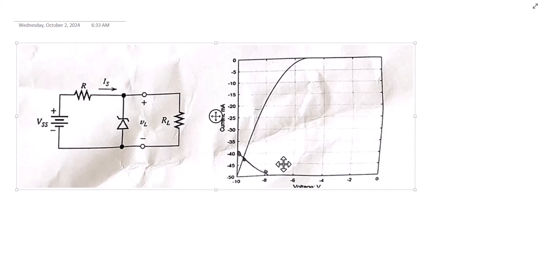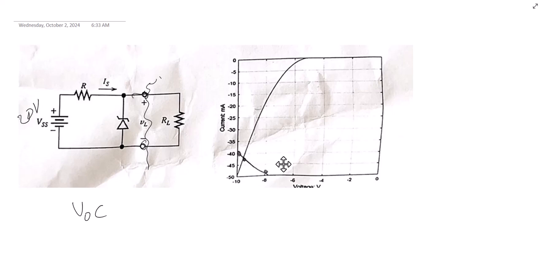So the way I would take the Thevenin equivalent is usually that you break it off at the terminals. When you break it off at the terminals right there, you would find your V open circuit. You would find what your voltage is right here when there's no load. Well, that is in parallel with the Zener diode. The Zener diode will be in breakdown because this is 20 volts, I believe, and so that will be enough